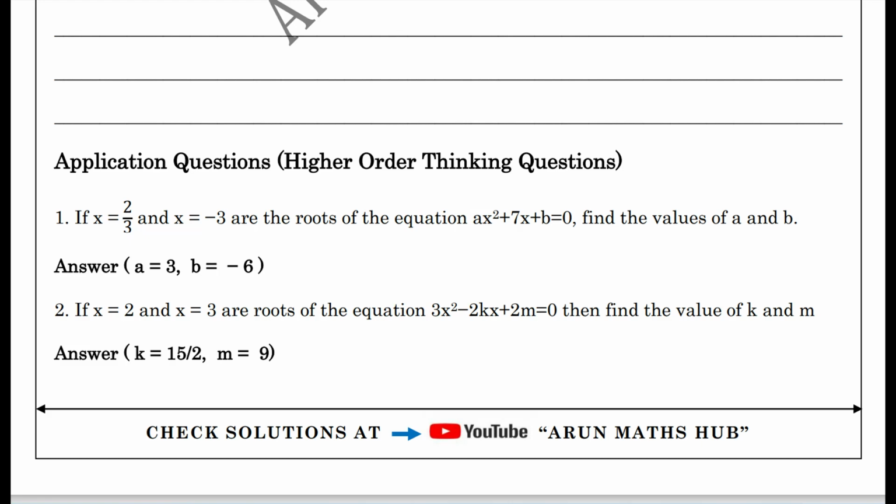Given x equals 2 by 3 and x equals minus 3 are the roots of the quadratic equation ax square plus 7x plus b equals 0, find the values of a and b. Then what you should do, in the first case substitute the value x equals 2 by 3, you will get an equation. Then substitute x equals minus 3 in the same equation, you will get another equation. If you solve these 2 equations, you will get the values of a and b. In the same way, the second question is